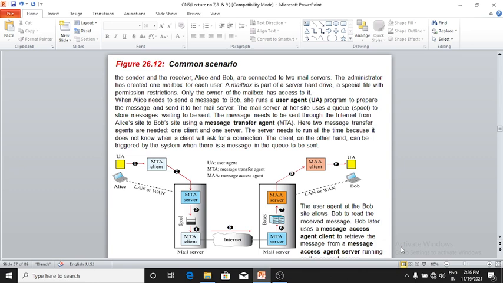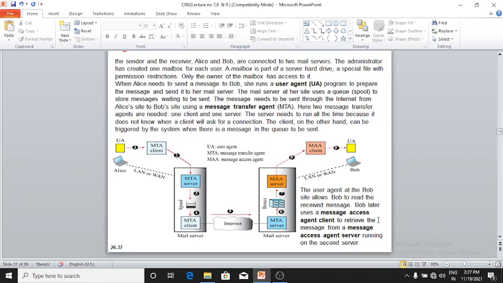Bob later uses a message access agent client to retrieve the message from a message access agent server, which is running on the second server. Observe this diagram and try to understand what exactly happened. Recall what I was saying about that, and you will get the idea.